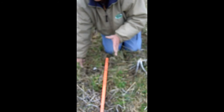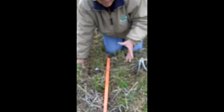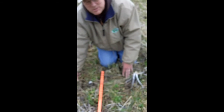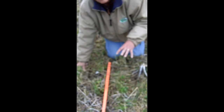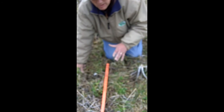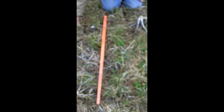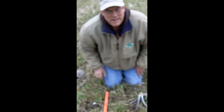out in this plot this year we're going to be able to take yield samples. We're going to be able to get an idea of what the corn looks like as it's growing, and so forth. So we're actually going to be able to tell some stories out here from which mixture seems to give, on these types of soils in 2011 growing conditions, the best amount of production. Again, there's no silver bullets on what mix is necessarily the best, but I think it's very important for